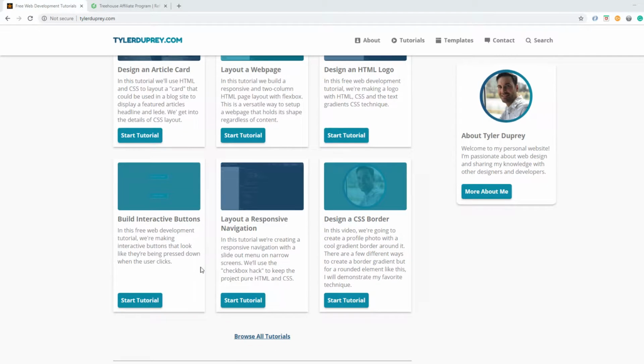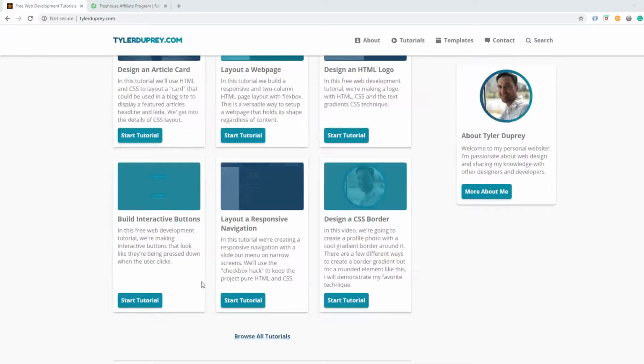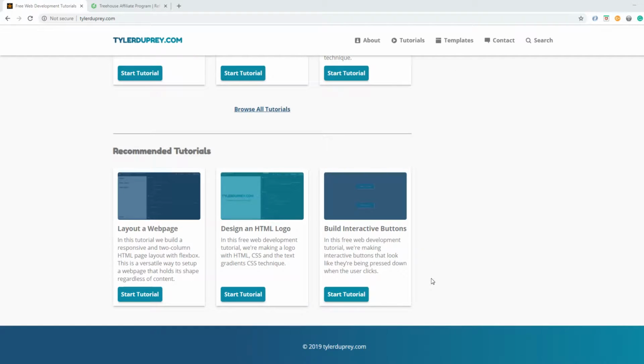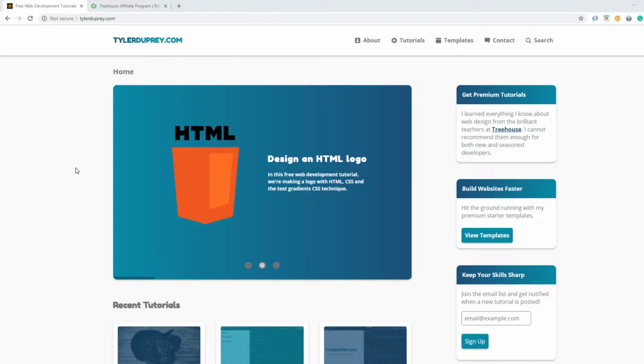So I could take it or leave it, but that's kind of the thought process behind that. And then a gradient border, which I actually created a tutorial on how to do. But the site, I think, is very simple, and that was the idea. I actually didn't want to complicate it any more than I had to, and so I started without even having this slider here, and thought it was a little too boring, and so I added the slider to feature some